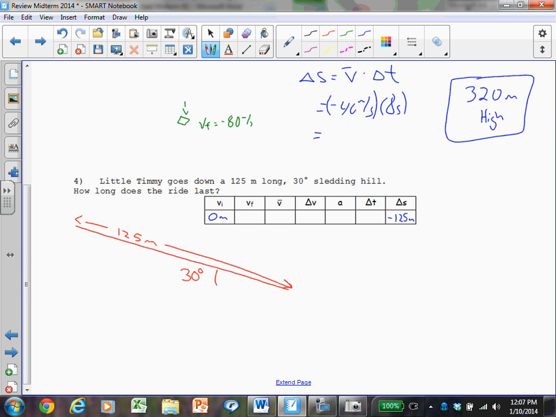What else do we know? I need to know something else. A equals G sine theta. A in the plane is G sine theta. Frictionless, we're assuming. Minus 10 meters per second squared times the sine of 30 is minus 5